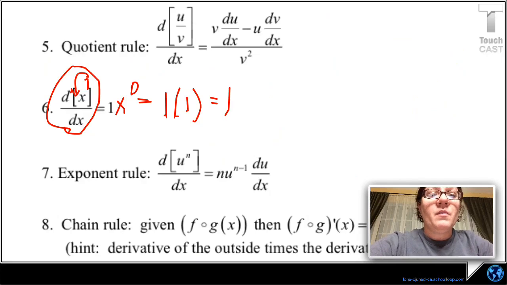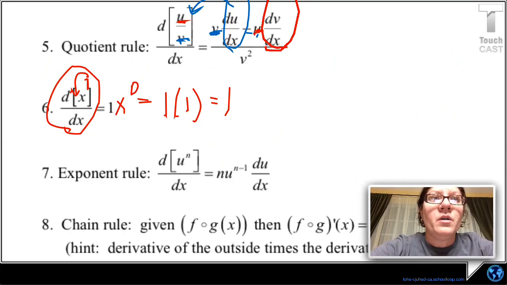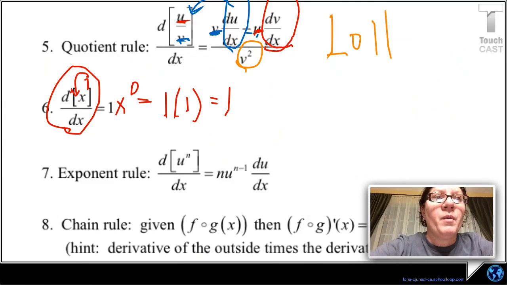Now, I didn't skip this quotient rule. I'm going to go back to it here. So now, the quotient, this is what you have to learn to say. Low, high. Lucky for you, you go to Los Osos High School. So low, high. So we say that it's low, and then derivative of the high minus the high, and then derivative of the low, all over low squared. So low, high helps me remember that I'm doing